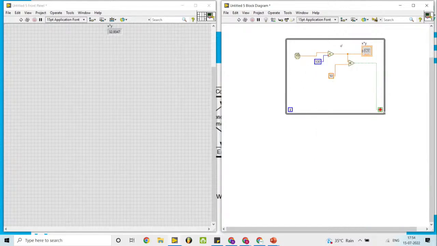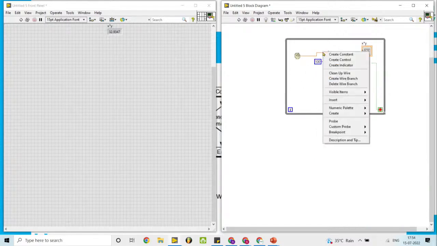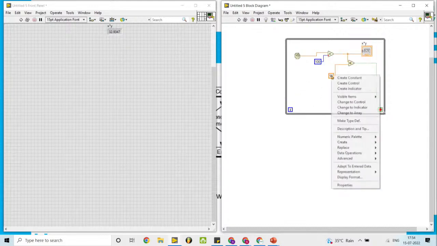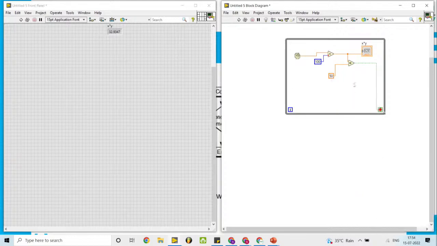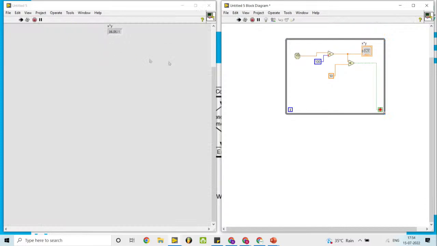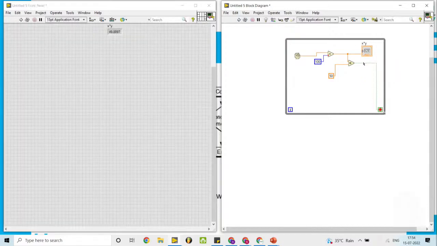You can change it to I32. You can see that if we run it, it will run for infinite time because the condition is not met. But if I want to terminate this,